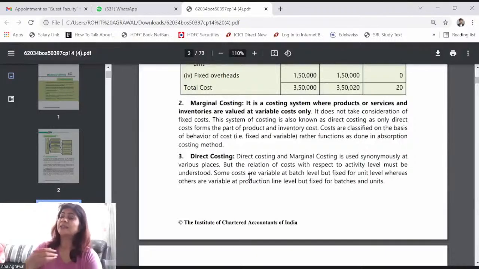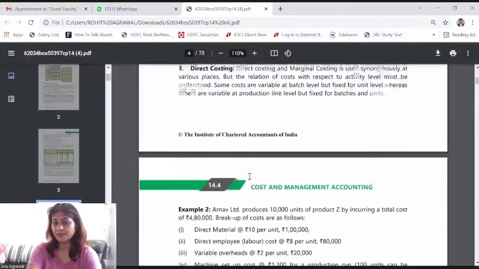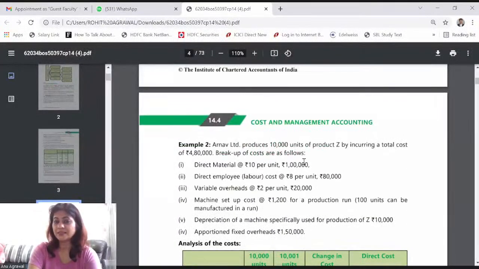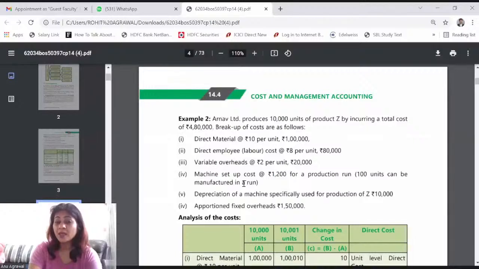जो खर्चे directly relate करते हैं to a particular production level or batch level, we say that these are direct costs, right? For example, Arnav produces 10,000 units by incurring so-and-so expenditure. They have given us a breakup. And then they have said machine setup cost, 1,200 for a production run. 100 units can be manufactured in a run. Now here, this machine setup is a direct cost